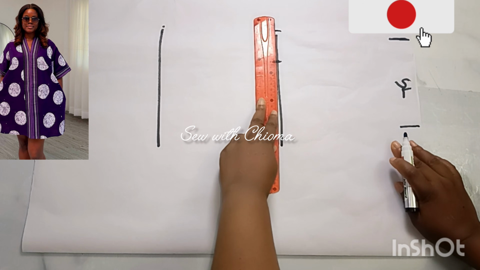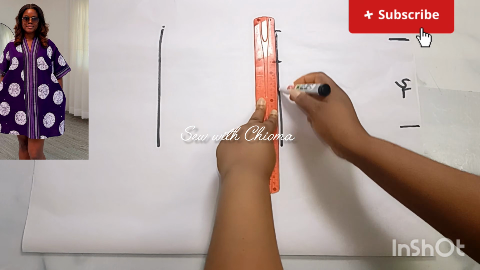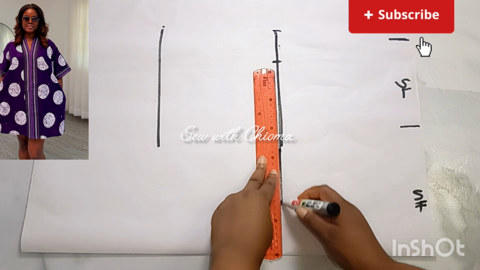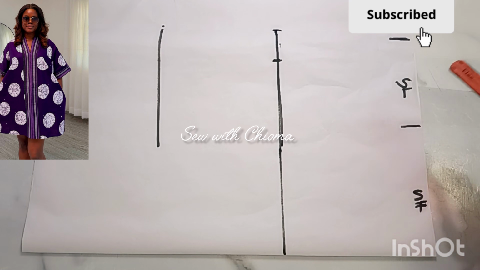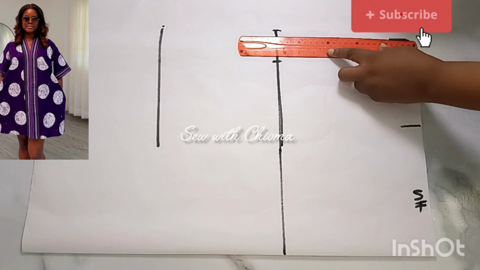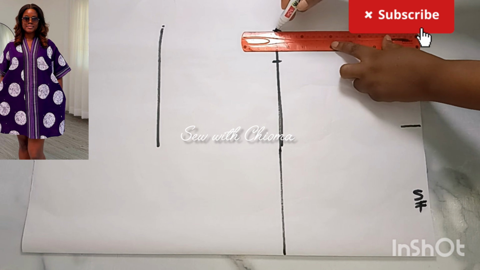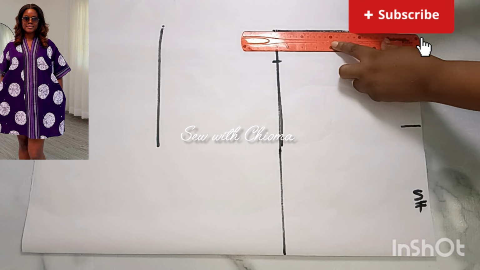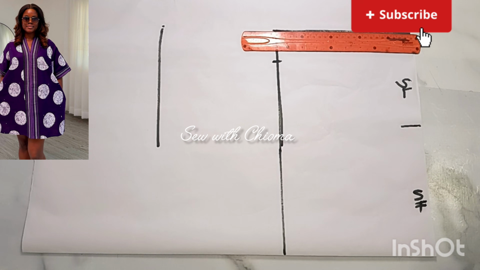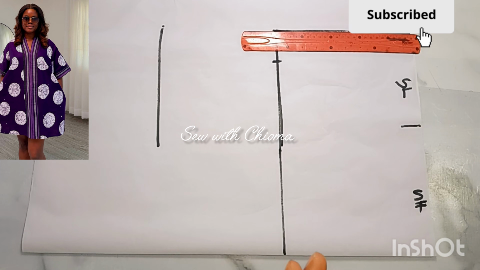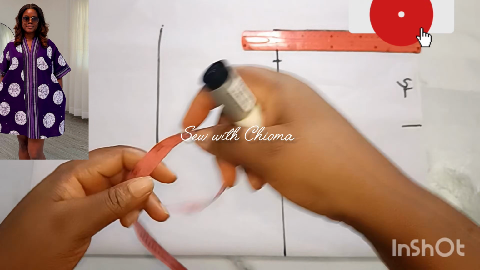But first, let's mark the lines out. Let's mark it out straight so we know. Right at the 14, you mark it 2. Okay, 1. You connect. All right, now once you've connected that,